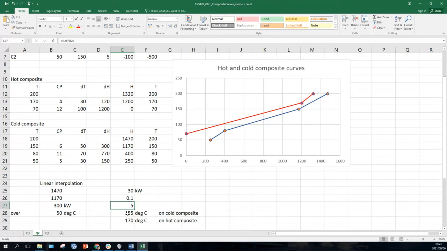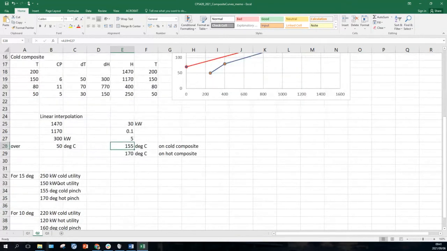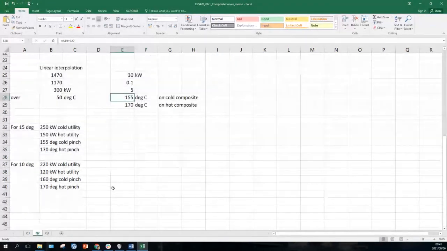in your previous year, so I don't have to show you how to do the linear interpolation. So that answer there, that position there is 155 on the cold composite curve, 155 degrees C, and that temperature there is 170 degrees C as it stands. So for 15 degrees, that would be the answer, 15 degrees delta T min. And for 10 degrees,